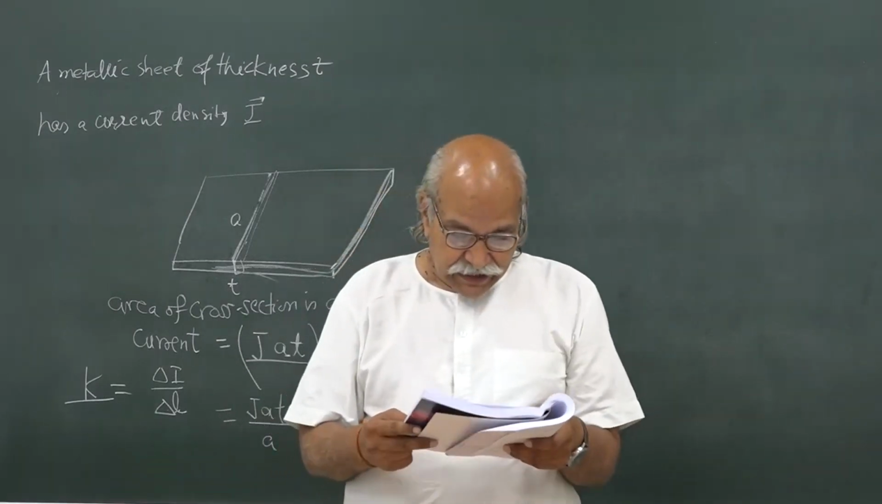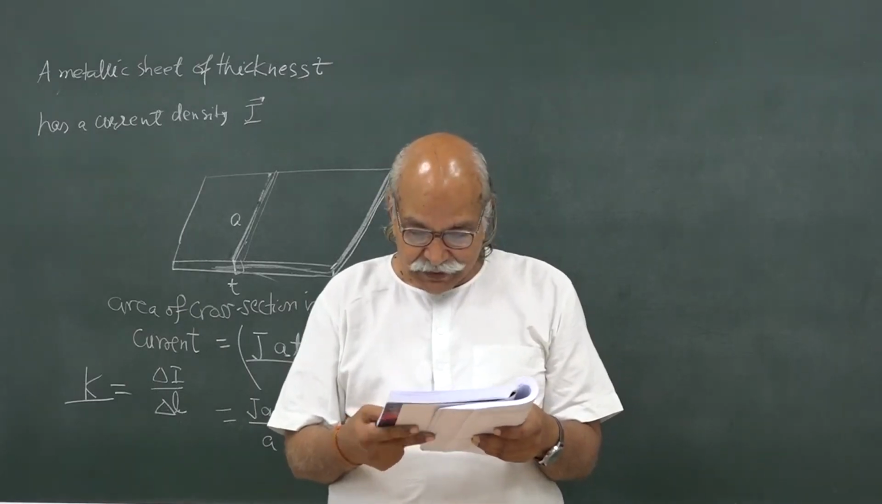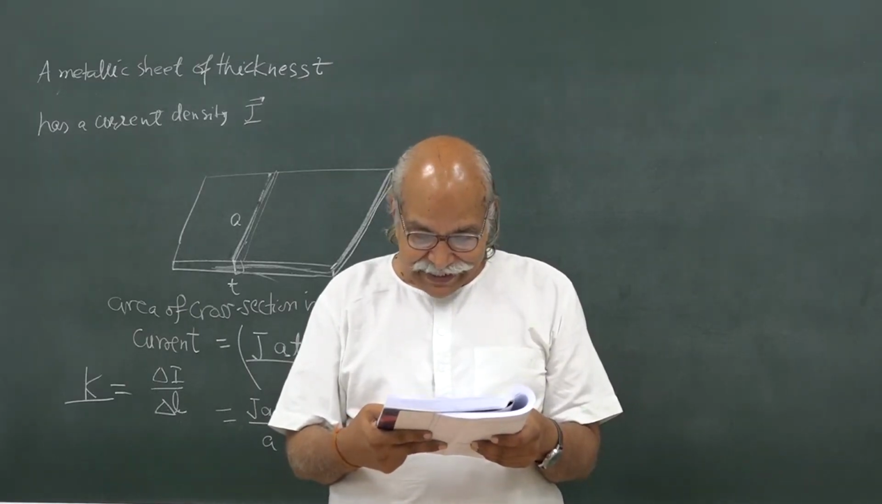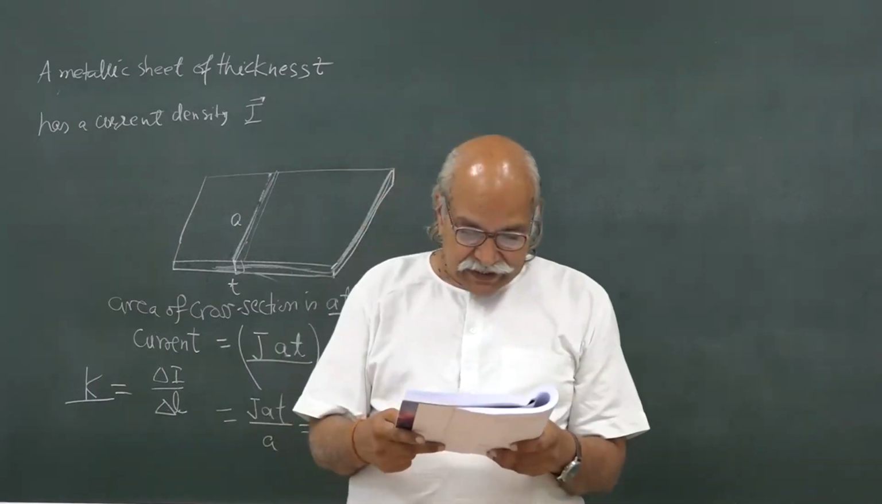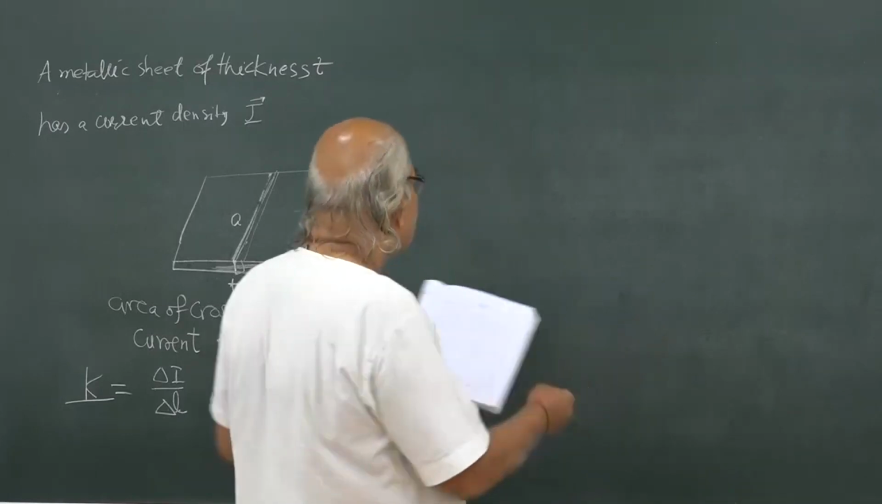Now, next question is, a current flows in a straight cylindrical wire so that an electric field E is maintained in the wire. Now, the next question is, an isolated radioactive source,